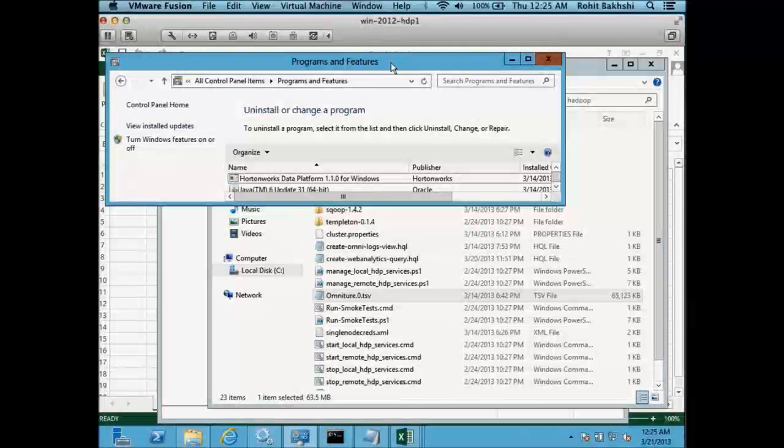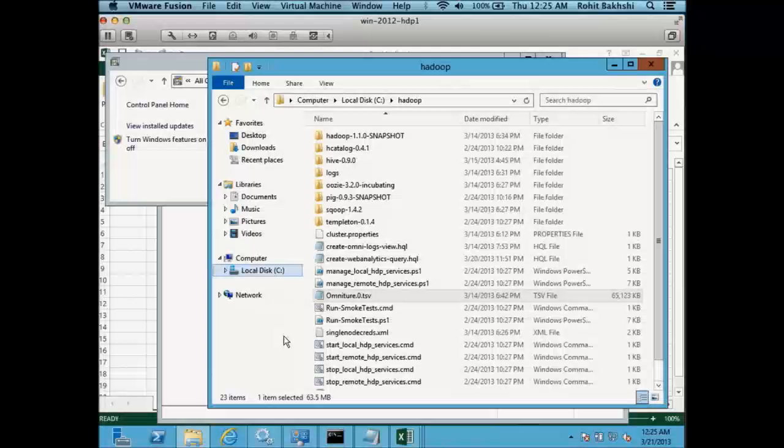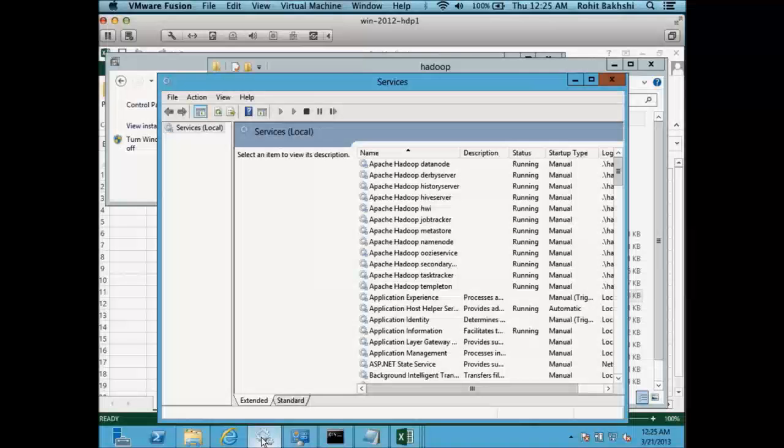So what I have here is a machine with the Hortonworks Data Platform for Windows installed. You can see that it's installed in the Programs and Features list here. To go into details, installation actually sets up all the different components. You can see here that HDP is formed of Oozie, Sqoop, Hadoop, and it sets them all up as services. So your Windows Server box now has all these services registered, representing the Hortonworks Data Platform installed natively on Windows Server.